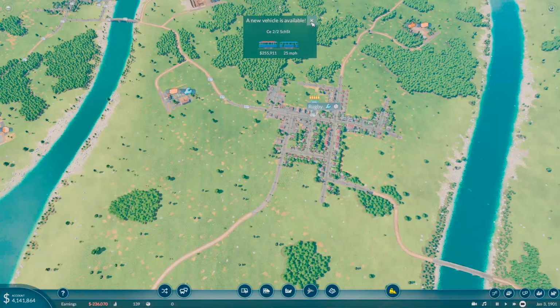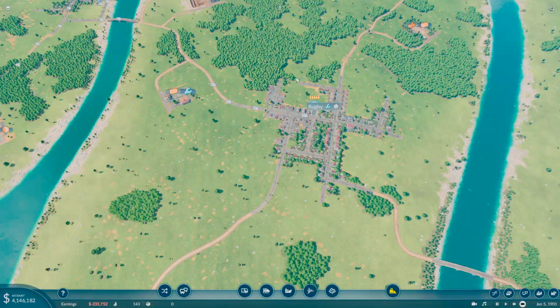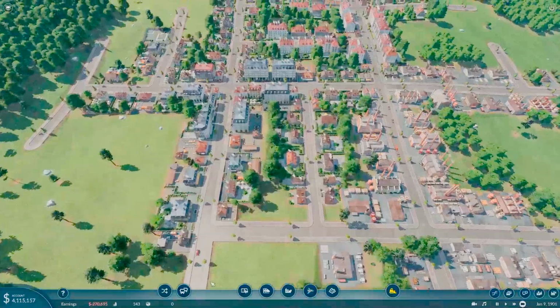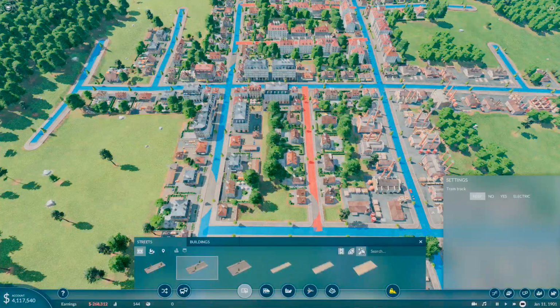Ooh, we also got a tram. Might be able to use that sometime soon. In fact, speaking of, I could just use it over here. So what I'm going to do is I'm going to get these...